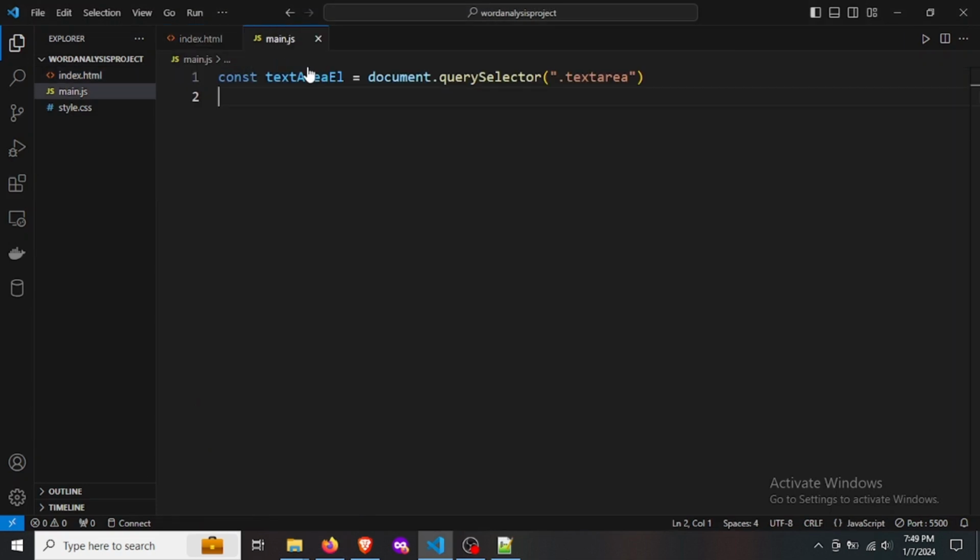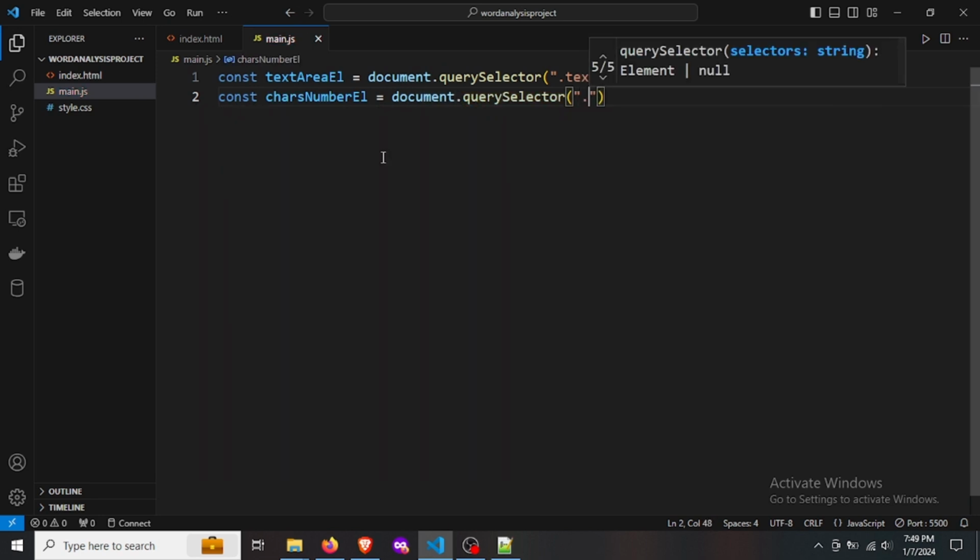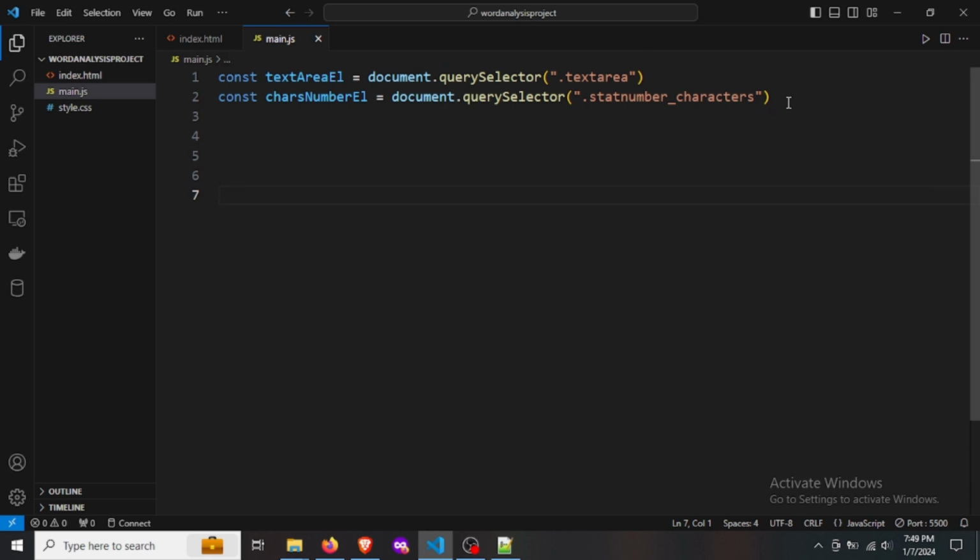and we'll say const chars number element, and let's call this document query selector here, and I'm going to use this class. Okay, here we can use this text area element,